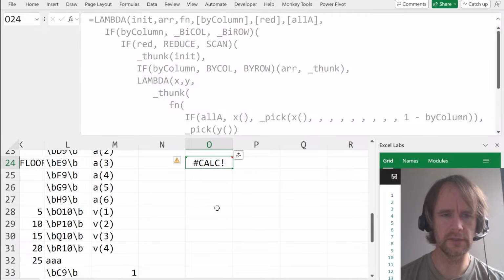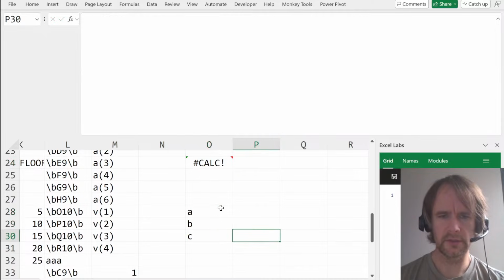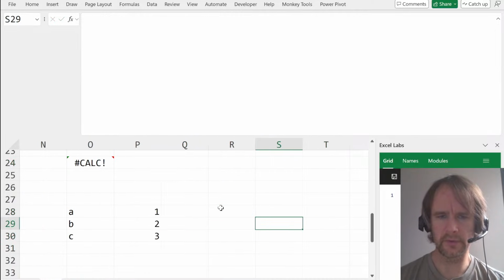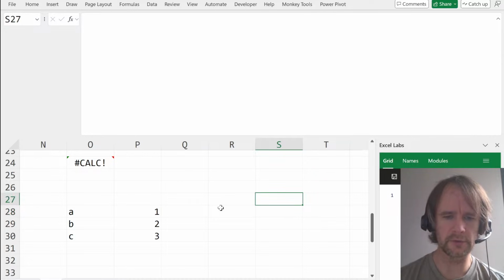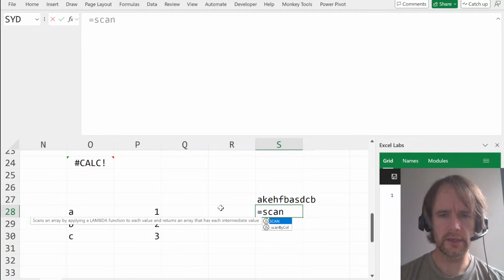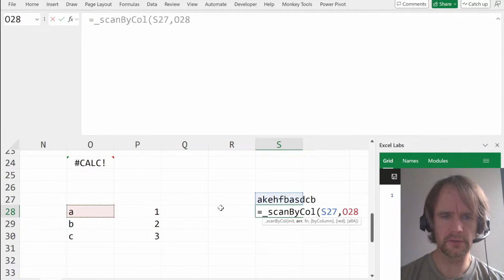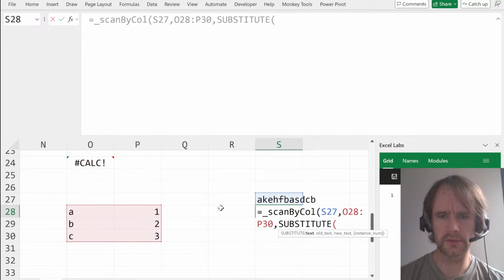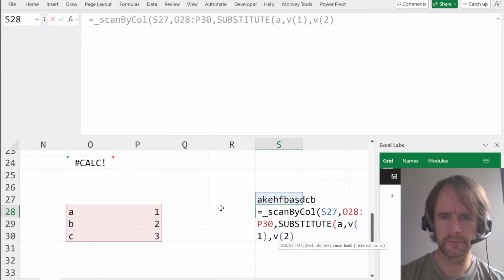Let's just see. A, B, C, 1, 2, 3. My one use case I've often used it for is scan by call from this through these, substitute A V of 1 to V of 2, which is almost the same thing as we're doing here, but